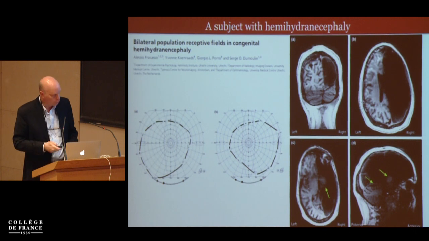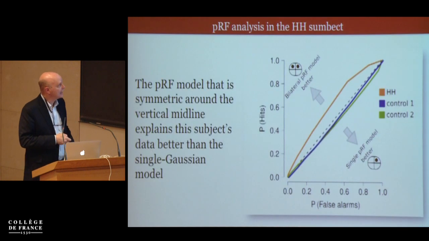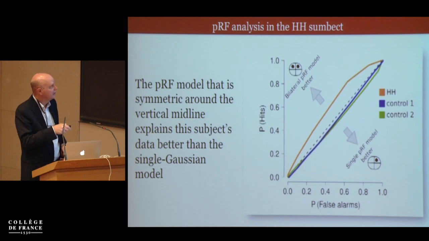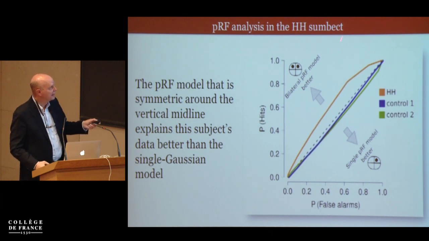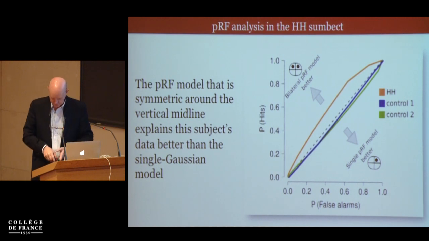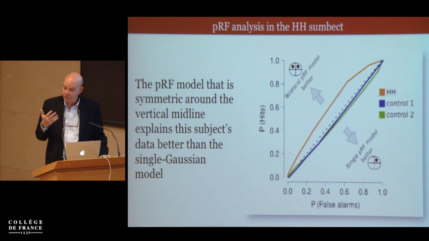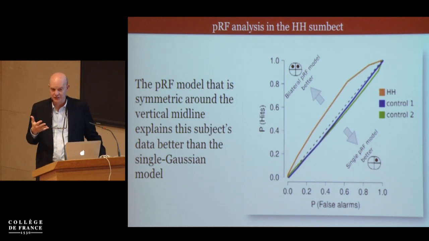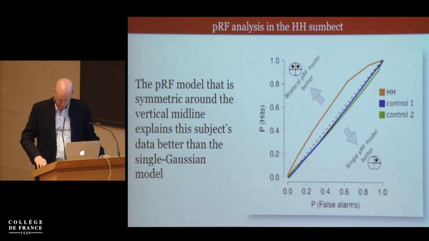And it's the same story with this hemihydrancephalic person, that this person's data are well fit by this bilateral PRF model as opposed to the one with a single one. And the person has problems. I'm not saying that this person is completely normal in all regards, but the person sees reasonably well, has some hemiplegia, doesn't work really well, but I mean, he's missing half a brain,